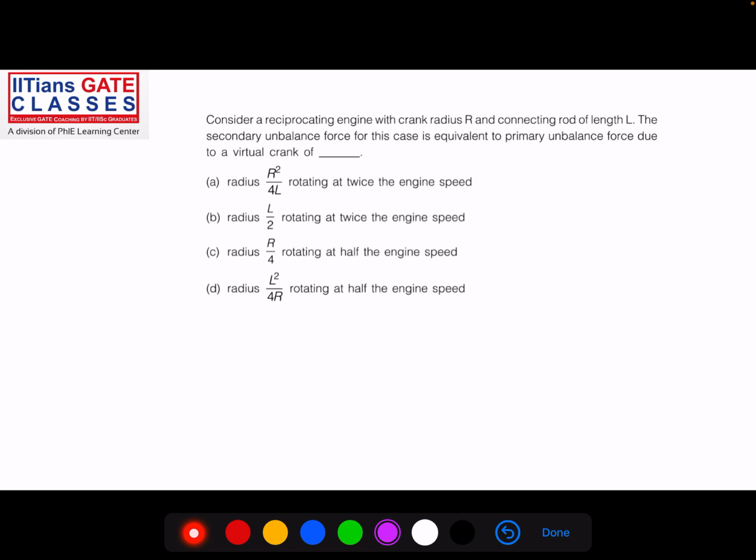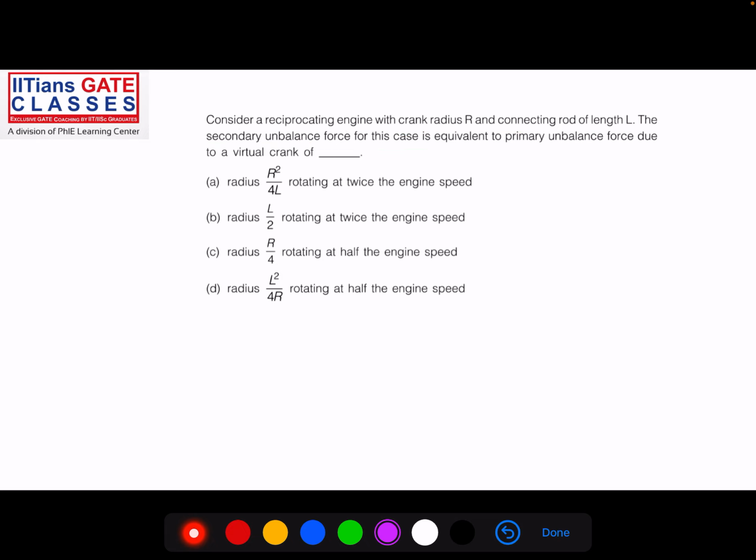Okay, let us move on to the second question. Again, the second question is a very nice question. It is from the balancing of reciprocating masses. Let us first read the question. Considering a reciprocating engine with crank radius r and connecting rod of length l, the secondary unbalanced force for this case is equivalent to the primary unbalanced force due to a virtual crank of